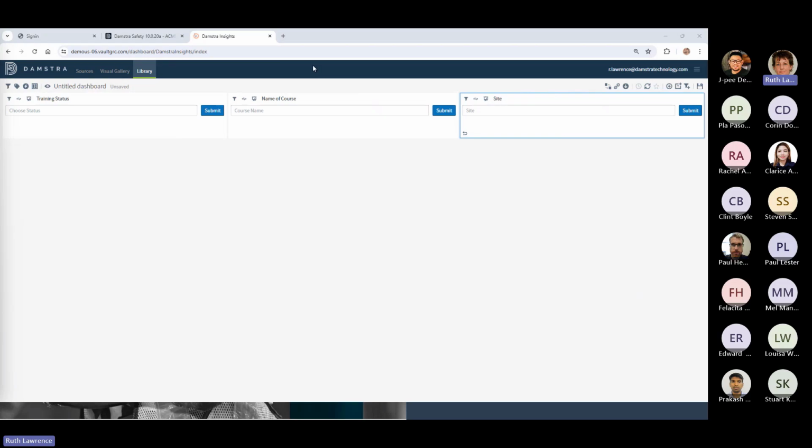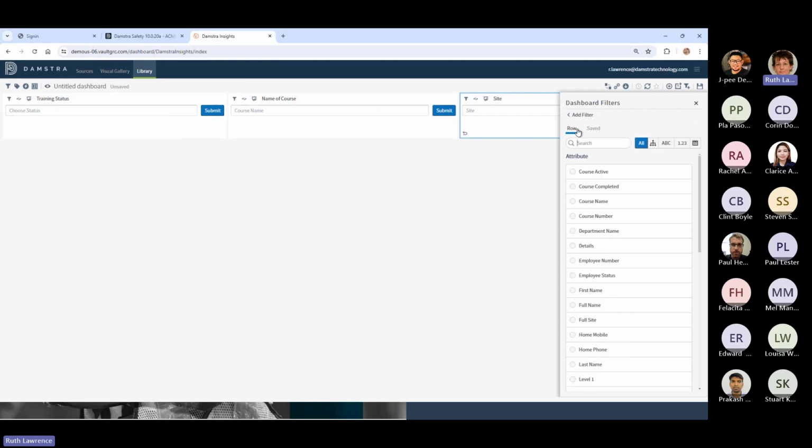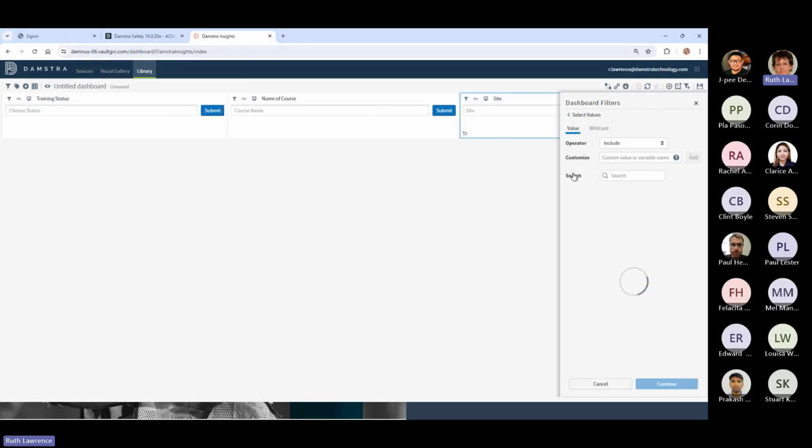So I've added all those filters. Right. Now I'm going to do my whole dashboard filter, and it's this one up the top left. For my upcoming expiring training, there's some really good filters that I can add. So I'm going to click on dashboard filters and add a filter. Is the course active? Yes. And continue. That was a new filter that Paul and his team added not long ago